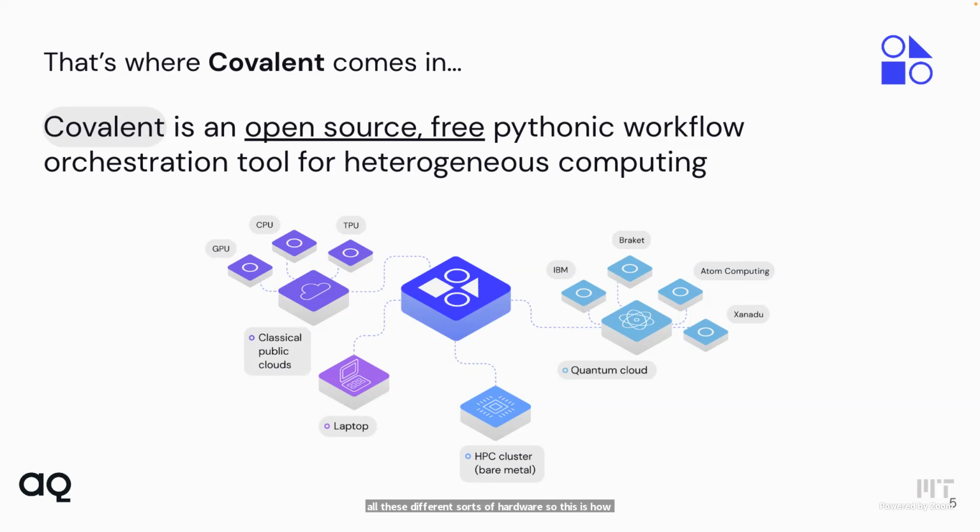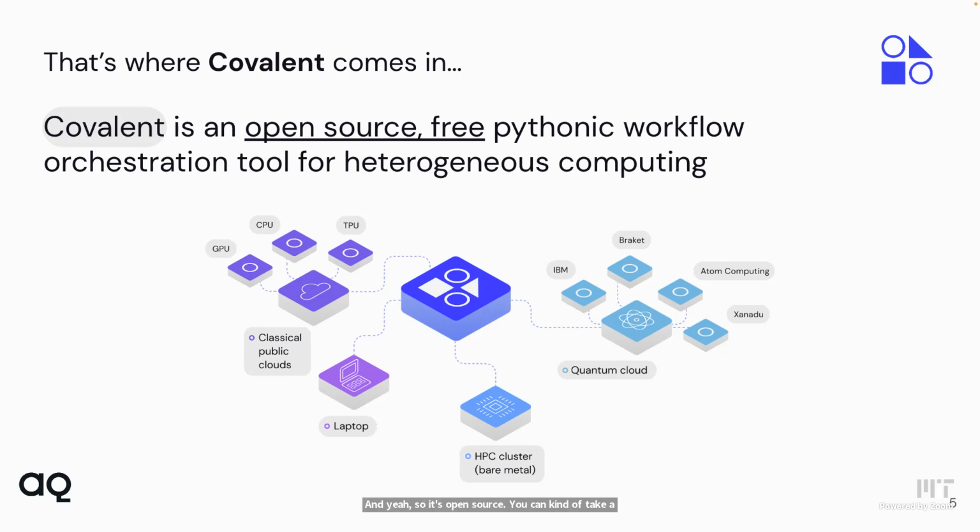You should just be able to write your code and have the hardware resources do their thing under the hood. Covalent is an open source Python library, and we not only support Python, we support other languages as well, such as C. It's open source, so you can take a look at our code as well,